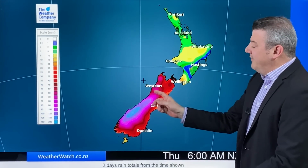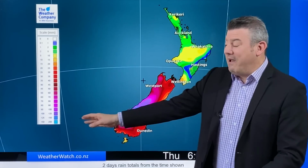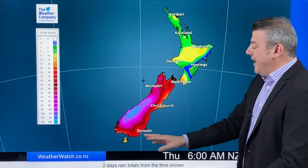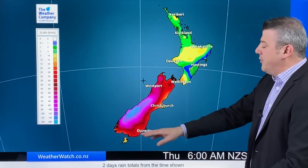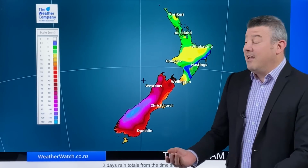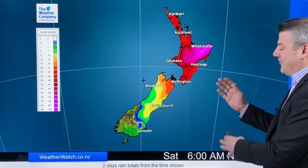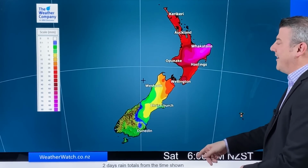But in the South Island, very heavy here, up to 200 millimetres of rain expected just over the next 2 days, and obviously some heavy falls spreading into Southland. But the good news is we will see some rain coming into dry parts of Canterbury. Canterbury drying out along with Hawke's Bay quite quickly. So not much for Hawke's Bay here, but in the next 2-day rainfall map, this is from Saturday morning through